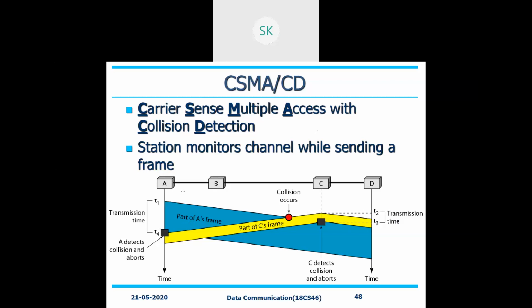Before analyzing, suppose station A has started and contains several frames that need to be transmitted through the channel. For that, it will check whether any neighboring station is utilizing the channel or not. How? By using any of the persistent methods, whether the channel is idle or busy: one-persistent, p-persistent, or non-persistent. Any one you can apply. Once it finds that nobody has started during the time duration T1,